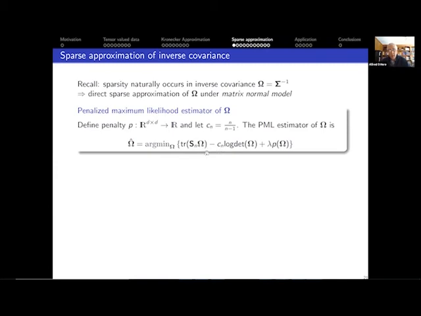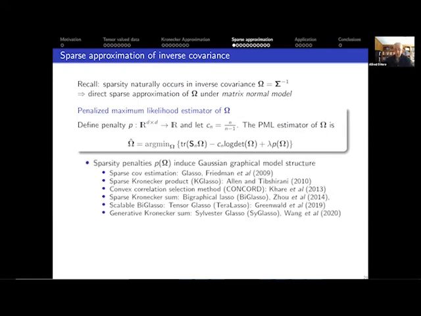And omega is the inverse covariance, and we want to find the best estimate with a penalty, which is going to incorporate sparsity and structure. So there's a lot of background here that I'm not going to dwell on, but sparse estimation of inverse covariances has a very rich history,